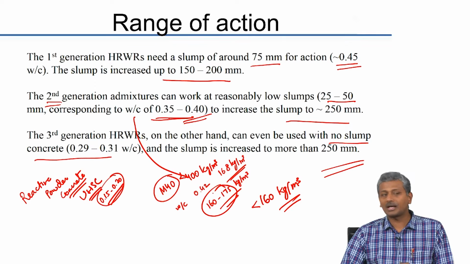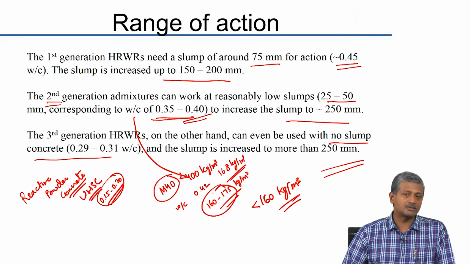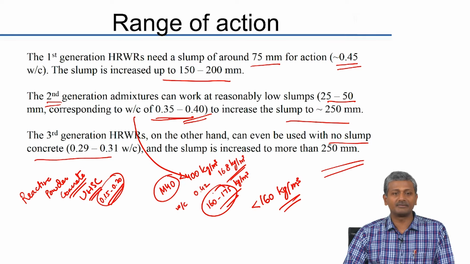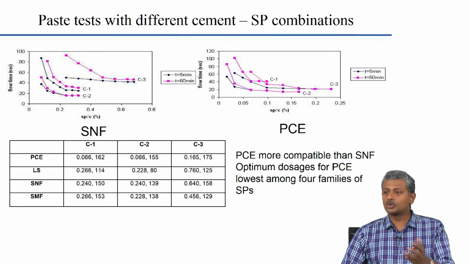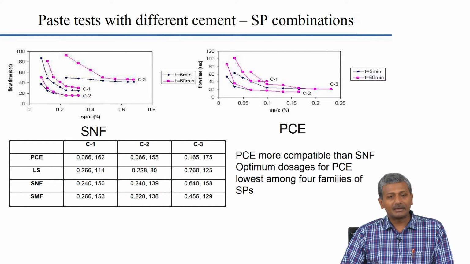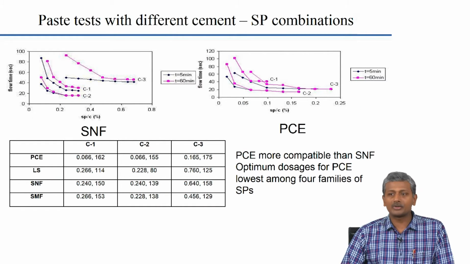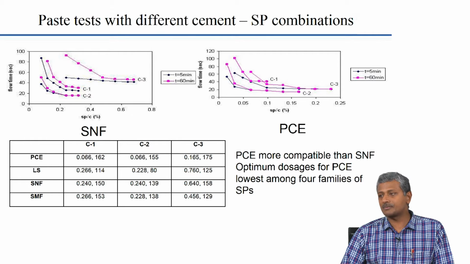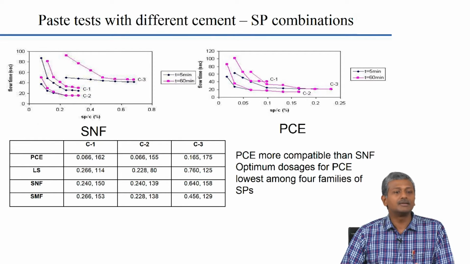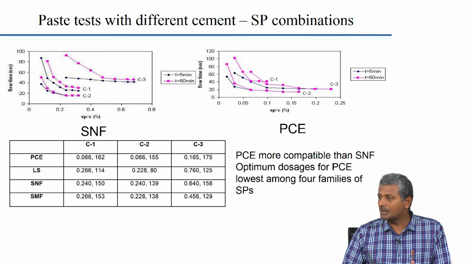limitations of using one type of admixture over another. It is not always the cost. You also need to be aware of the effectiveness. Now, what I would like to show you is how we can actually use this methodology that we discussed as far as the Marsh cone test was concerned to detect compatible combinations, and does that compatibility affect the concrete properties